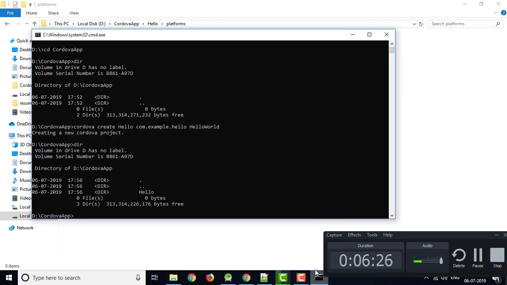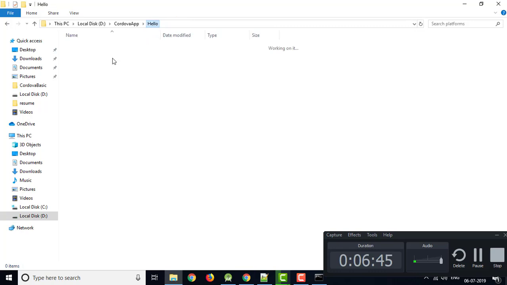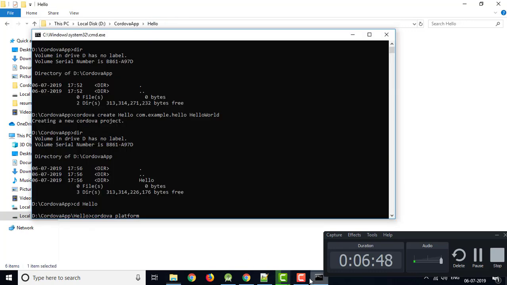For that, I have to go to that application. So cd hello. Now I am inside the application. Now I have to run a command called cordova platform, because I want to add the platform. My platform will be Android. So cordova platform add android.